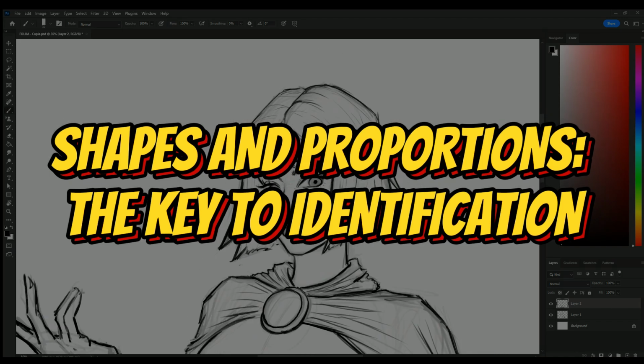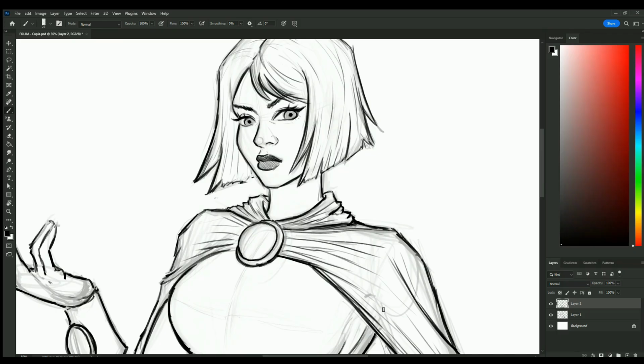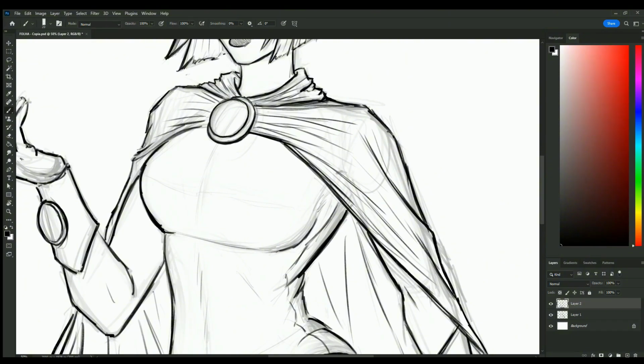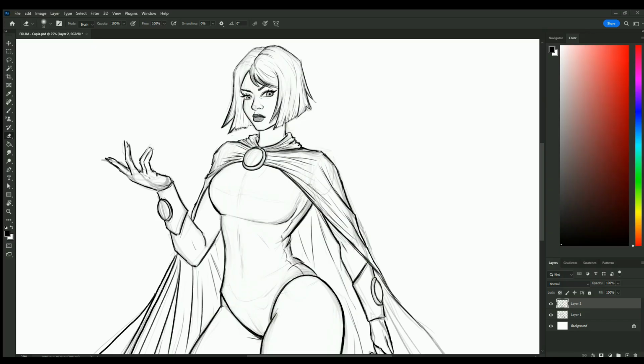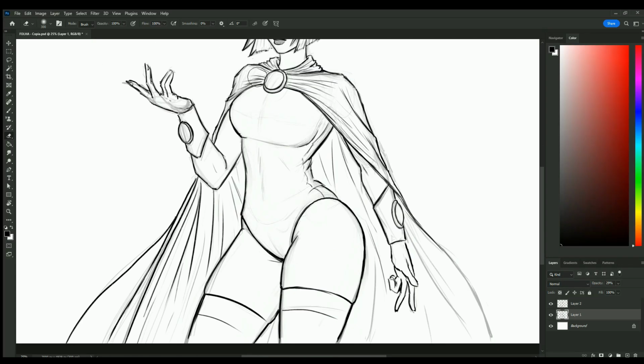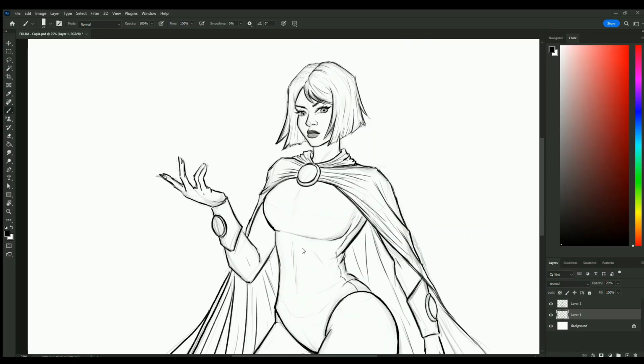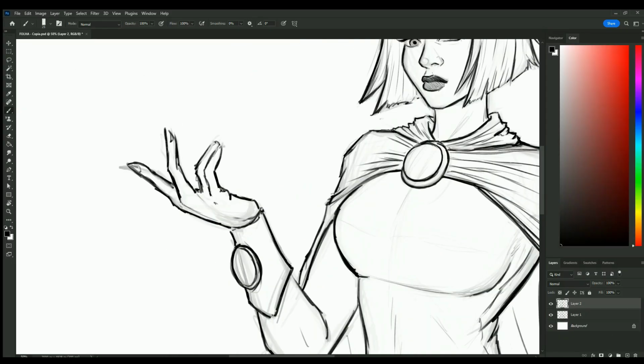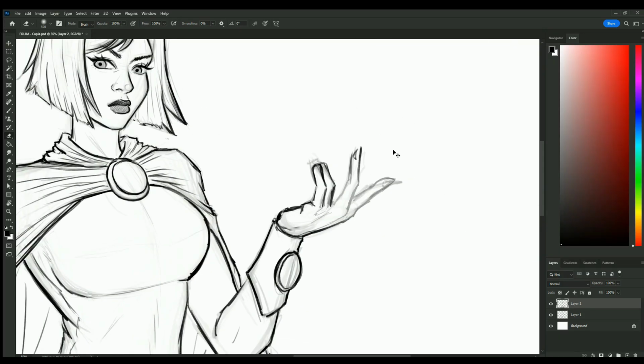The key to identification. Let's go a step further and talk about shapes and proportions. These elements might seem like technical details, but they have a huge impact on how the character is perceived. The way you draw the lines, angles, and body proportions can say a lot about a character without them needing to say a word. For example, characters with rounded shapes generally convey a sense of cuteness,